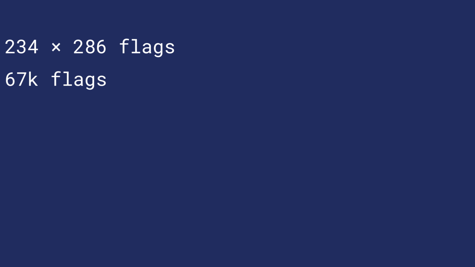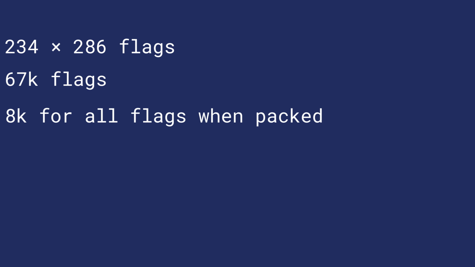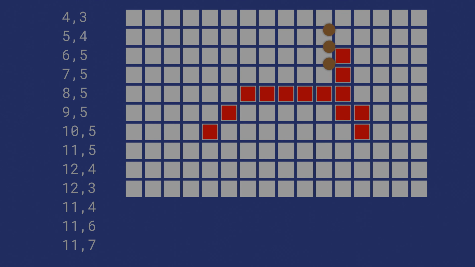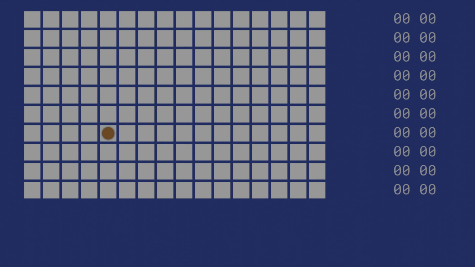Clearly I can't have a byte for each flag, since that would be about 67K, and I only have 30K. However, a byte could store 8 flags quite easily. If I pack the flags in like this, then I only need about 8K for all the flags. This is much more compact than the list method, and has the big advantage that it is less likely to